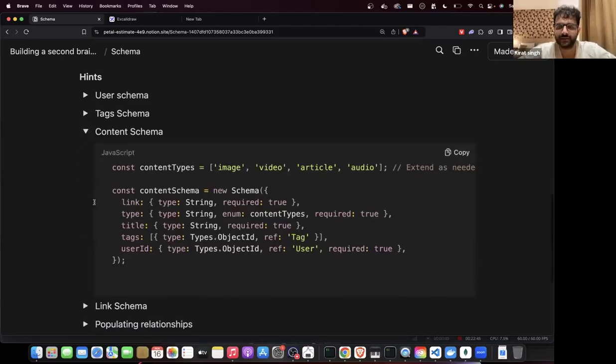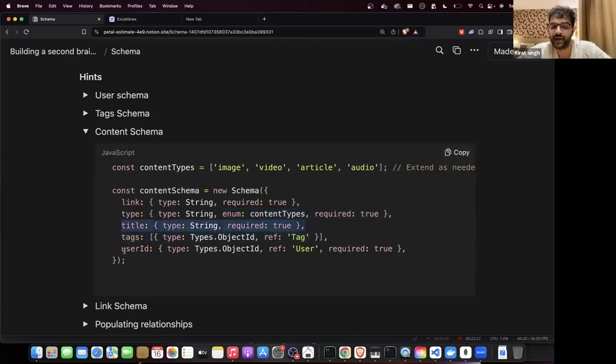And lastly, content schema. Again, might look very overwhelming, but link is a simple string. Type is a simple string. Type is not a string. It can be a string also. But हमने थोड़ा सा फैंसी हो गए हैं. हमने enum बना दिया है. enum क्या होता है? Enum means it can be one of these four values. It can either be image or video or article or audio, let's say. It cannot be any fifth thing. You can remove this also. अगर आपको अभी इतना strict schema नहीं चाहिए, you don't need a strict schema, it's fine. You can get rid of this. What we have done is, यार इन चारों में से कोई एक ही हो सकता है. It cannot be something else.